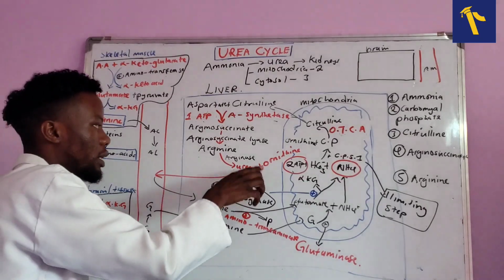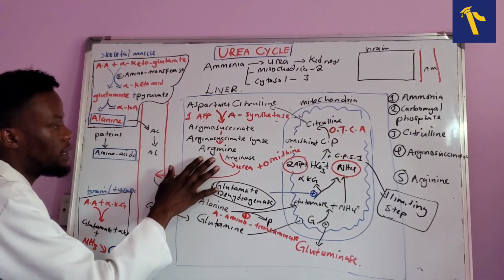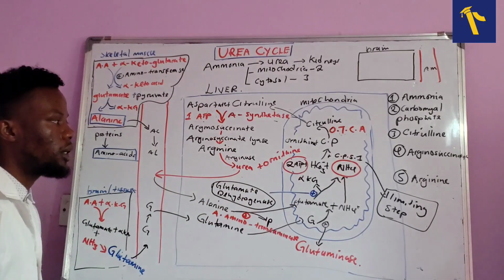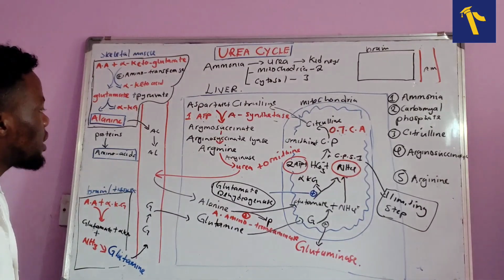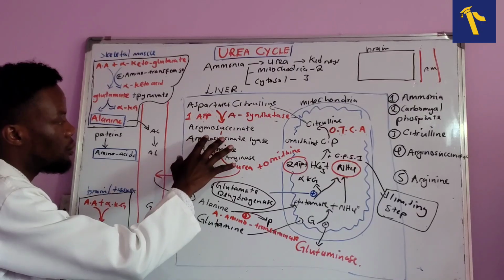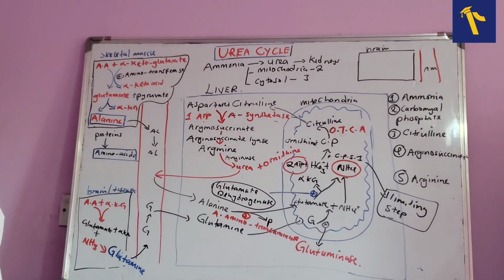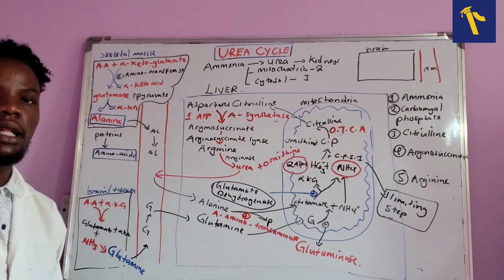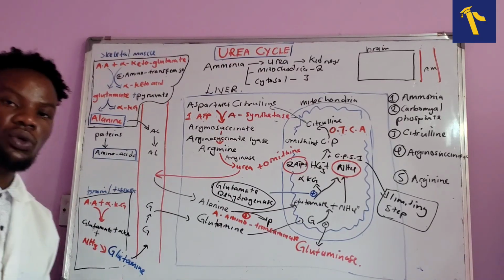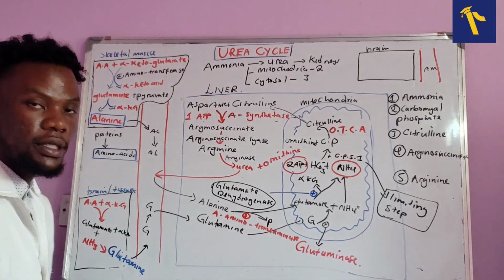Okay, so ornithine has that ability to go back. And the enzyme that's going to catalyze the breakdown of arginine into urea and ornithine is what we call arginase. Okay, and the important part is there is a certain important molecule that is going to be produced after argininosuccinate is converted into arginine by the use of argininosuccinate lyase, which is fumarate. Fumarate is an important molecule that's going to participate in the Krebs cycle, or TCA cycle.